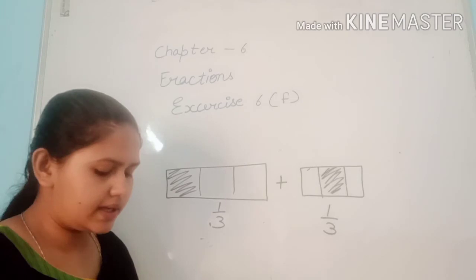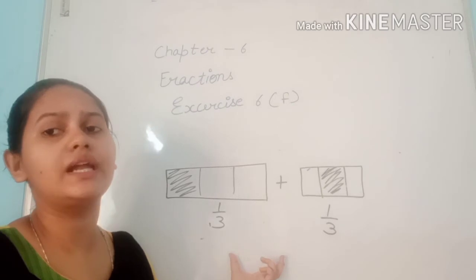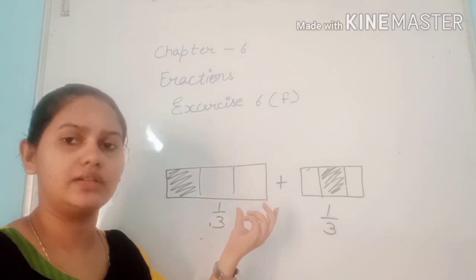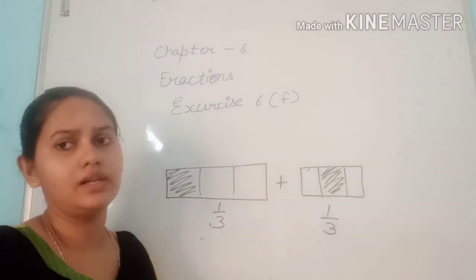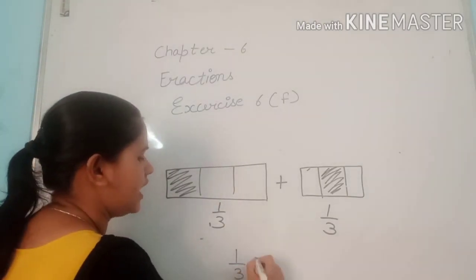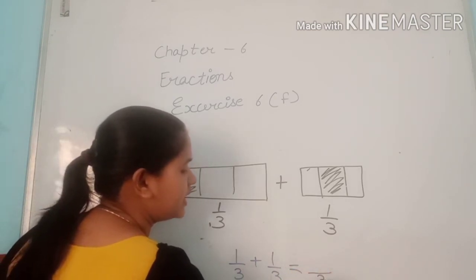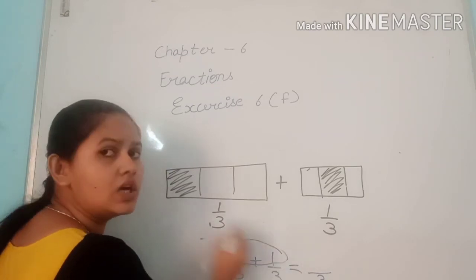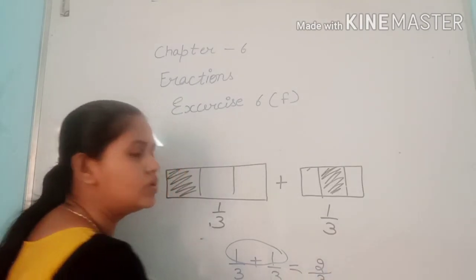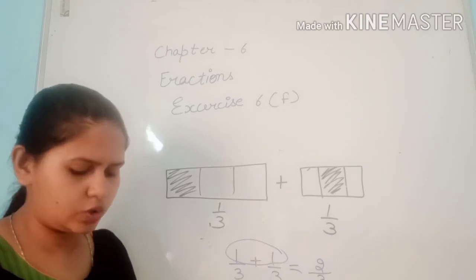to add it. Okay, one thing to always remember: when the denominators of two numbers are the same, we don't need to change them, right? We are going to plus only the numerators, which means 1 and 1 we will plus. So when we have 1 by 3 and 1 by 3, which means we have the same denominator, the denominator will be 3 and we plus only the numerator. 1 and 1 become 2. It becomes 2 by 3, right? So your answer will be 2 by 3.